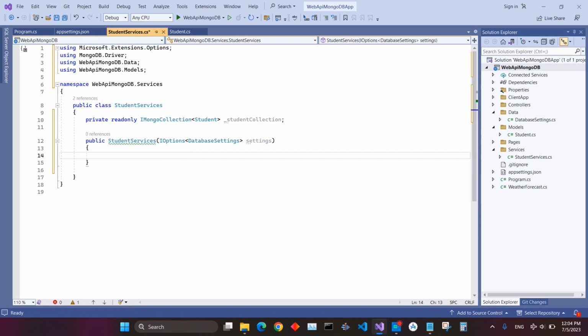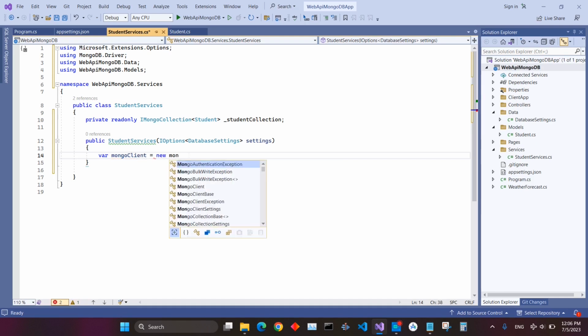Now in my case, when I use something, it automatically imports that. If you still get an error from IOptions, you need to import Microsoft.Extensions.Options. Create here a variable, var mongoClient